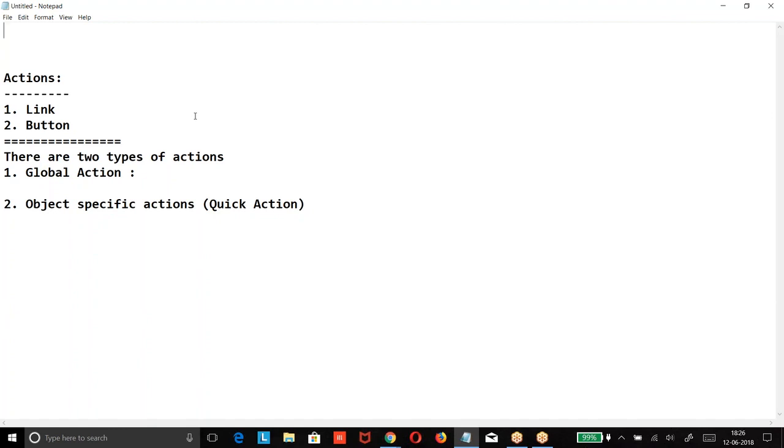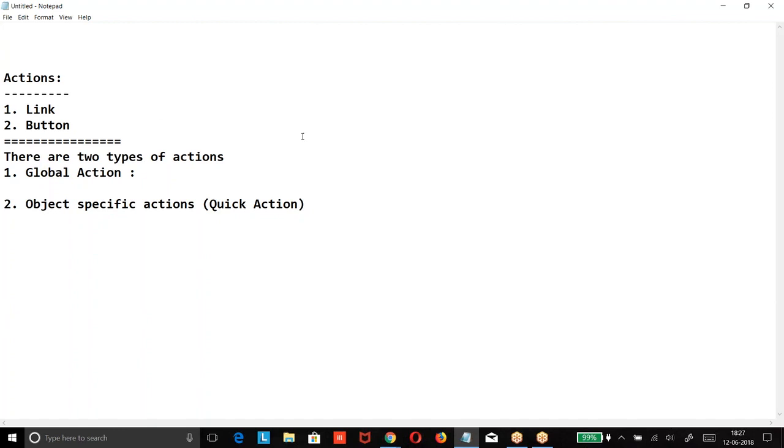Without that, we cannot get it. So there is an association of the action. Every action that you perform with respect to the object specific, you are dealing with that object or corresponding child records or parent records. It's an association with the object and corresponding data. When we say global, it is independent.